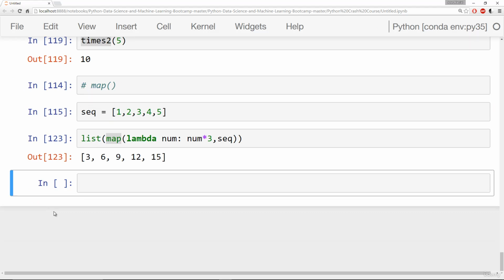Filter is going to have a very similar structure to map, but instead of mapping a function to every element in a sequence, we will filter out elements from a sequence. Let me go ahead and show you how you can do this. You'll go ahead and call filter, and then you're going to pass in either a function or a lambda expression that filters out and returns Boolean